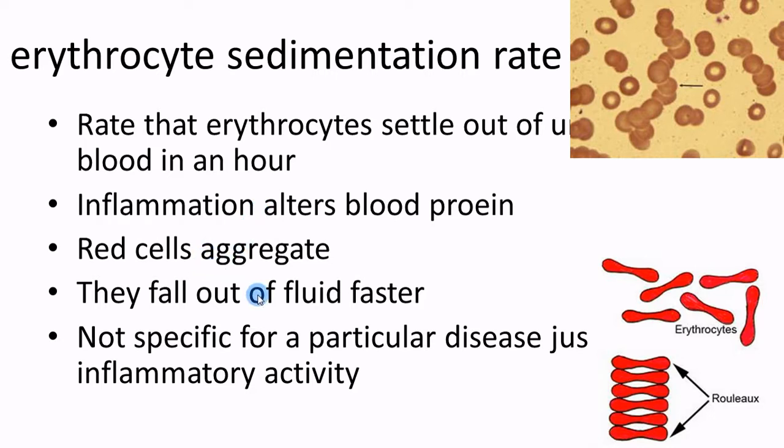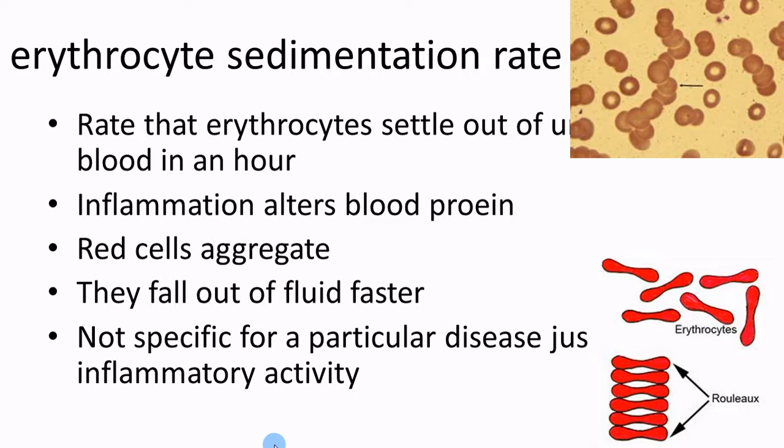They fall out of the fluid faster, which means they clump a lot easier, and they usually stick to wherever the blood's leaking, like a broken blood vessel, a busted capillary. Wherever the blood's leaking, these heavy groups of red blood cells will start going in there and plugging it up. So it creates a clog, which is a good thing for that clot, but a bad thing if it's all